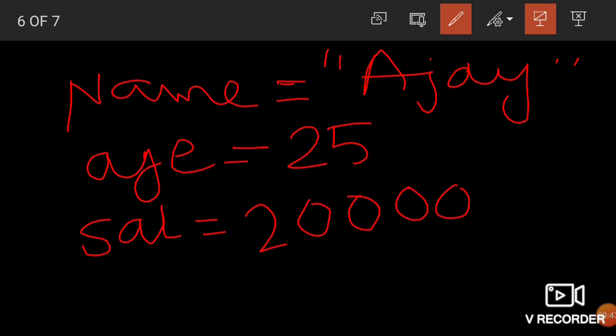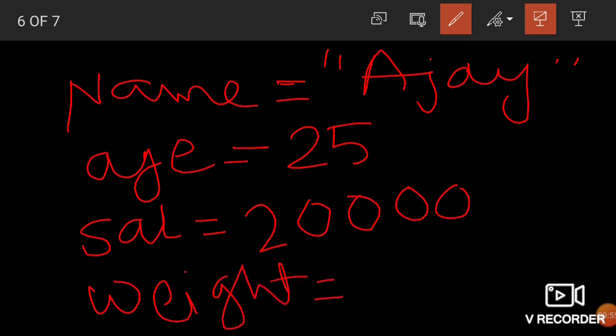Next I want weight. Weight can contain a decimal point, so like here, 58.250. This number contains a decimal point, so it is a floating point number.